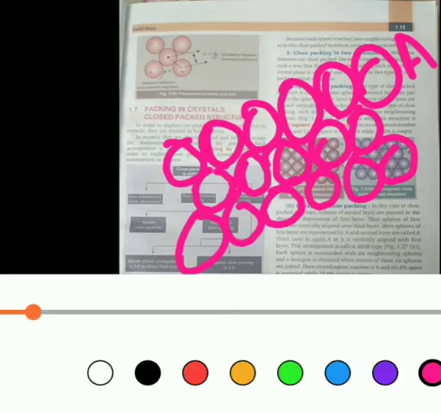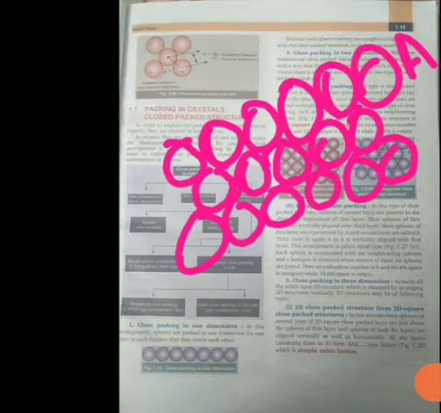And now if we are going to draw the hexagonal close packed structure, for this we have to take a hexagon. You can see here, this is the hexagon, okay. And students, from here you can clearly see that a single sphere is surrounded by 6 spheres.